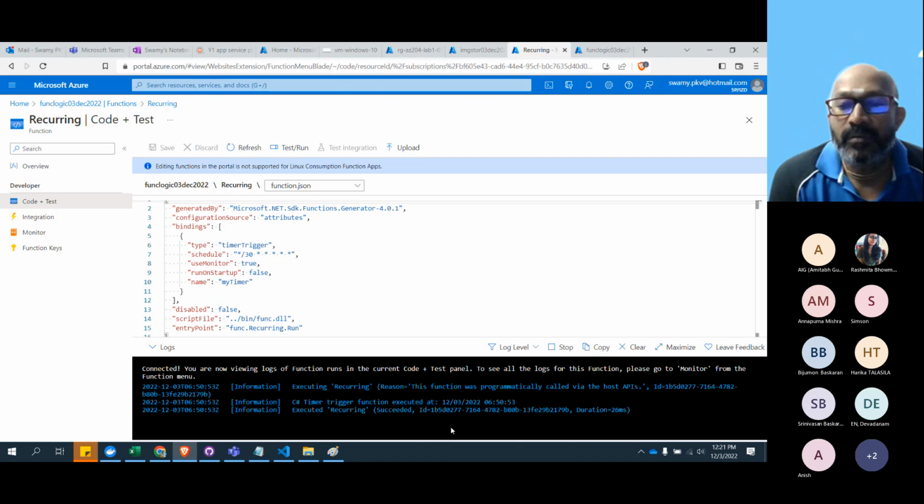Let's wait for 2 minutes. I think that was on the local machine. It was executing, but it will not execute here in the deployed space because it needs a dedicated app service plan. It will not work with the consumption plan.